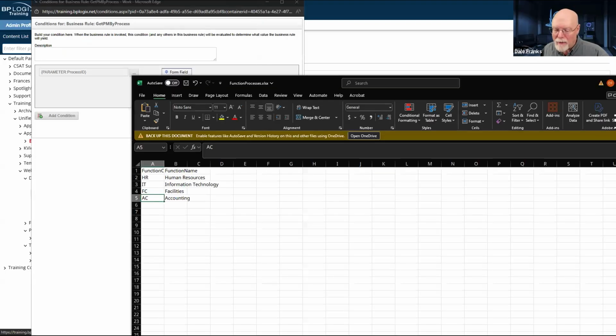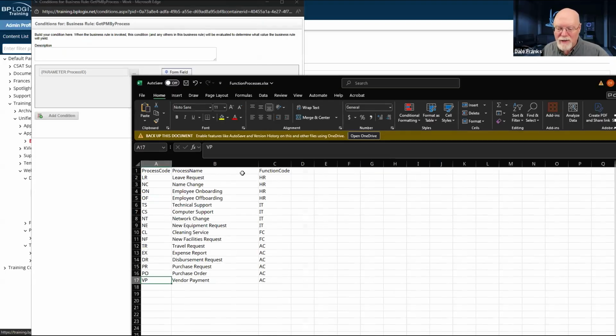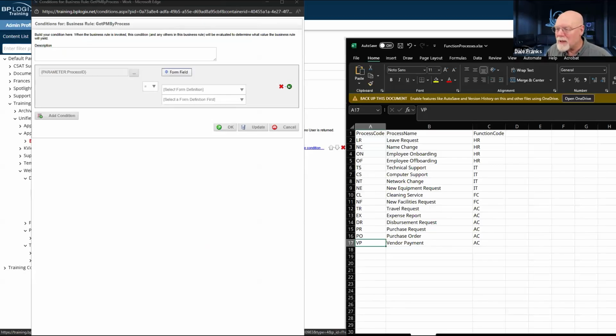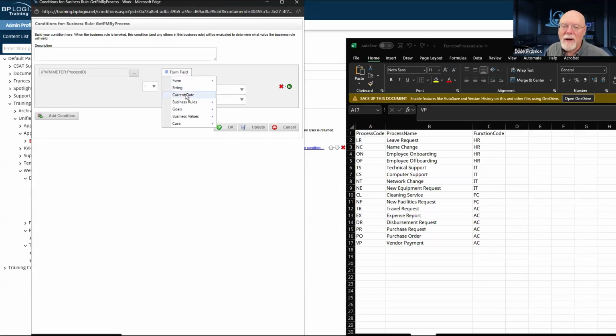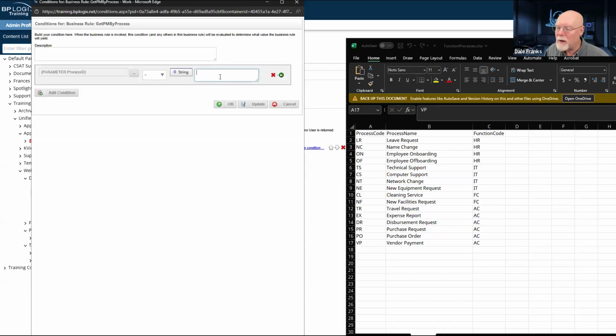And we have, of course, several different processes. In fact, we have 17 different processes. So I am going to need to repeat what we're doing here 17 different times to make all of this work. So in this case, we want our parameter. Again, we're doing all string comparisons here.